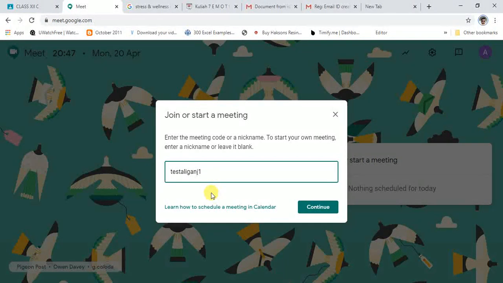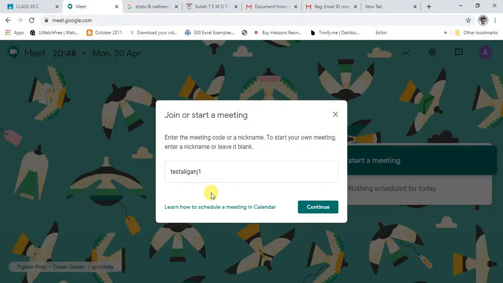The only constraint is that the teacher needs to log in with the same nickname in the defined time slot itself. If you have given the time slot as 11 a.m. tomorrow, you need to log in before the student. Then when the students start joining, they are able to do that. Else students will keep on receiving the message that they are not allowed to join the Meet session.